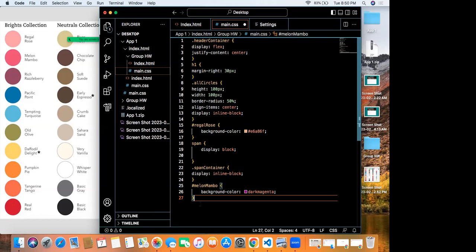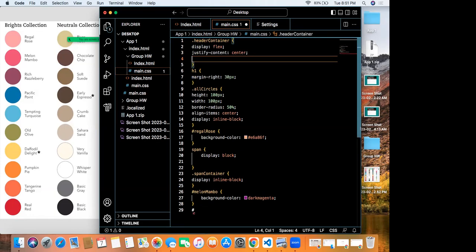You want to do the next column now, like hashtag rich raspberry. So I don't mean to throw Ash off, but where would we put the justify evenly? For the header, so that the little circle can go underneath the header. Yes, line 3 where we have justify content.